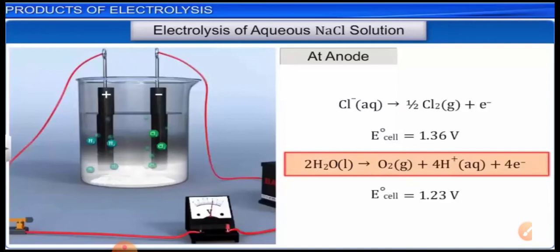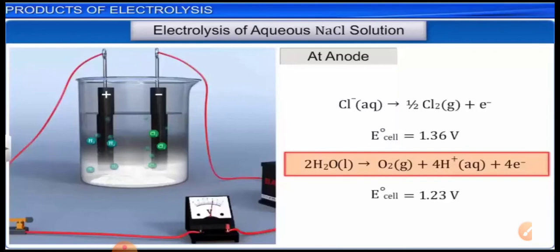You are getting my point? I am saying that if the reaction is oxidation, then you should have the electrode potential of the oxidation reaction, but data is provided for the reduction potential value, and we want the value of the oxidation potential. Then what will you do? Just change the sign of the electrode potential and you will get the electrode potential for the oxidation value.